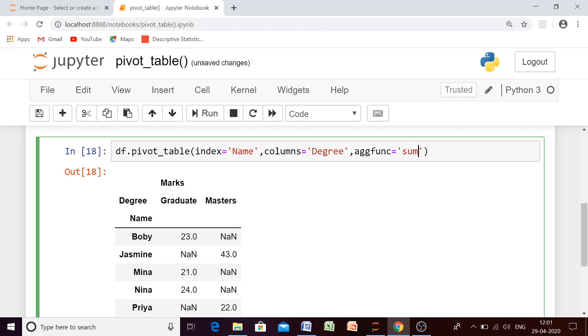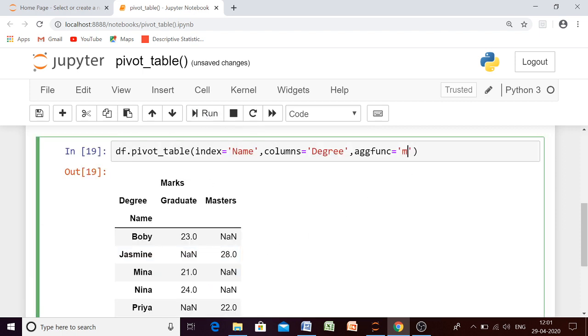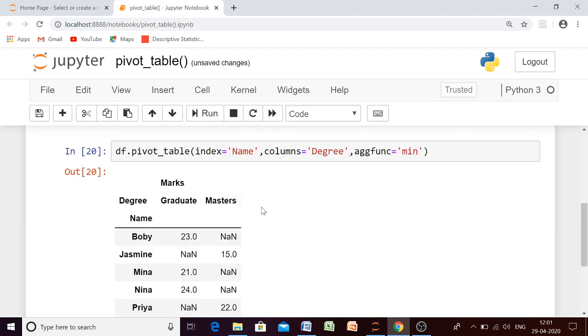If you want that from the duplicate entries the maximum value should be taken, then which is the maximum? Among 28 and 15, which one is the maximum? 28. So here we will have 28. And if you want the minimum, then you have to write your min function. We have already discussed this in descriptive statistics. So here you will have 15.